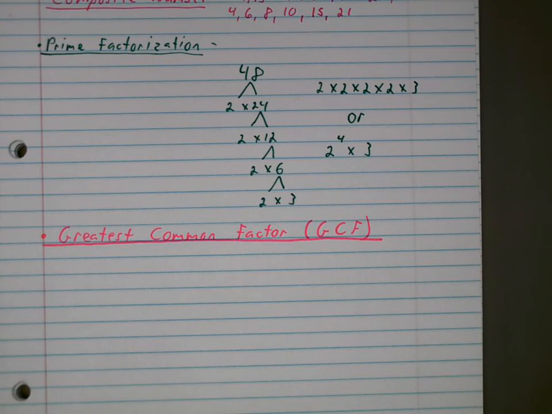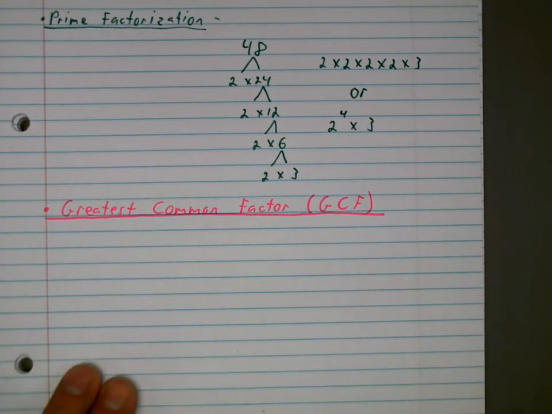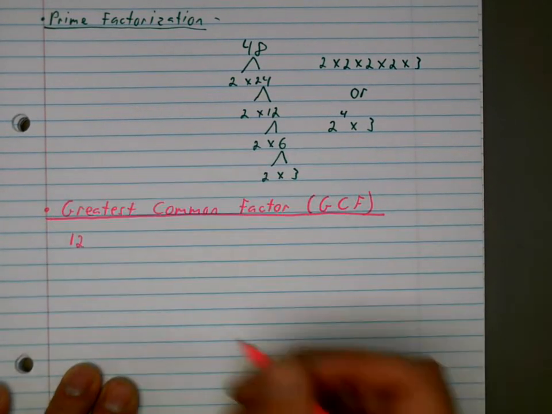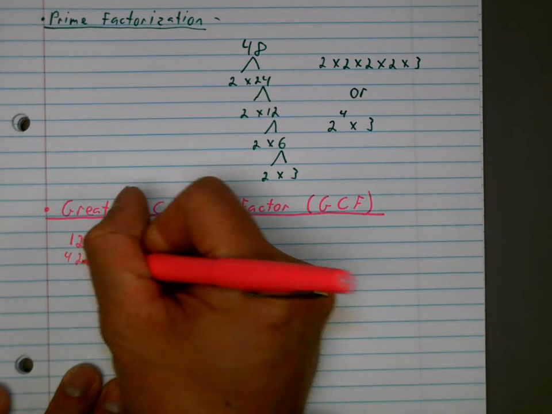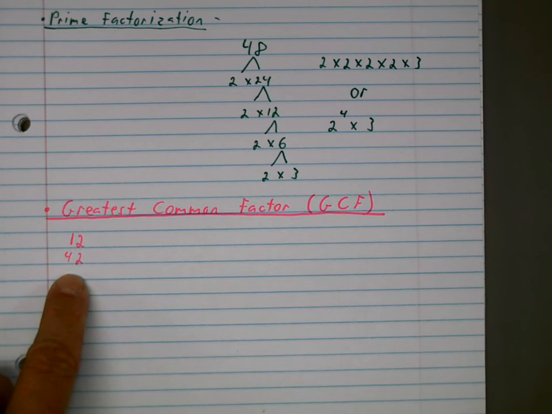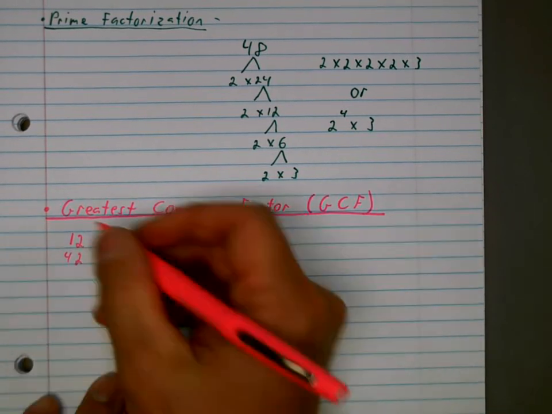So I'm going to show you a couple different ways to do this. For the greatest common factor, the first way I'm going to show you is kind of the most common way. If I have two numbers, 12 and 42, and I want to find out the greatest common factor, which factor is the largest that goes into both of these? And